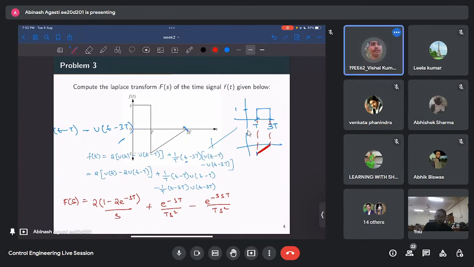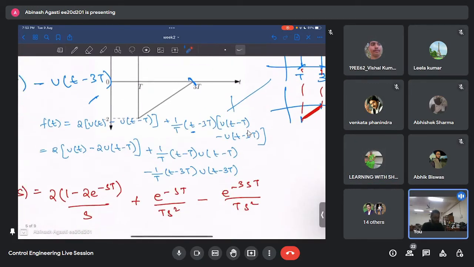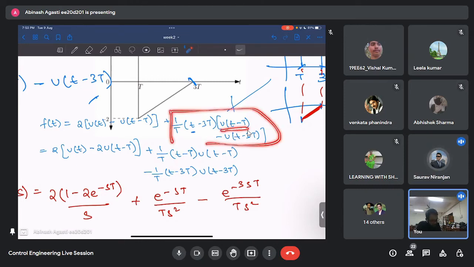You made a mistake there. There you have to write a 3t. I think you forgot to write t minus 3t. So the second function should be t minus 3t. This second one, you are saying? Yes, sir. So it is not a mistake actually. This term you break into t minus t minus 2t, so that this entire term you can see is